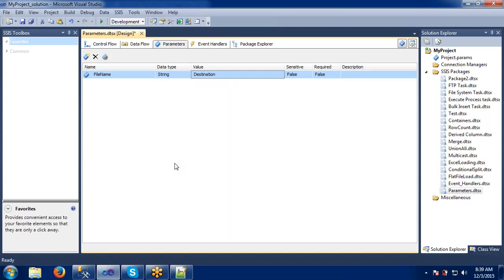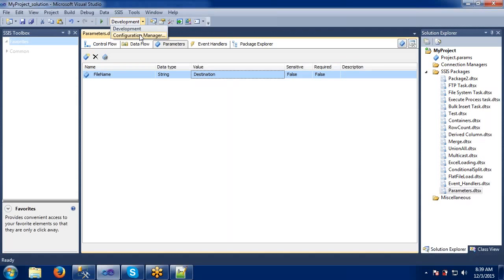Coming to this one, see the solution configuration. Right now it is showing Development, means we are developing all the packages in the development environment. Now I will add one more environment here.